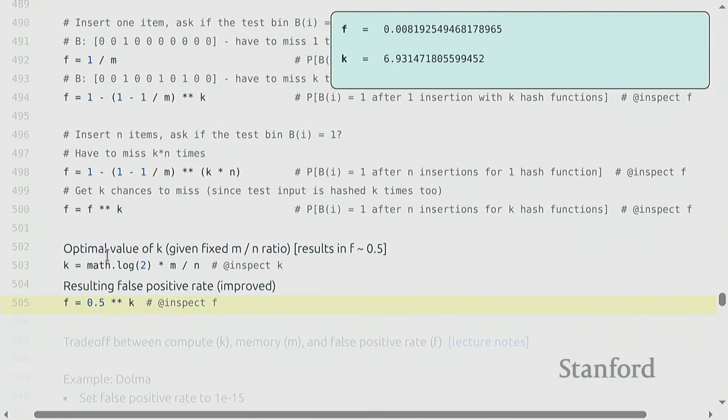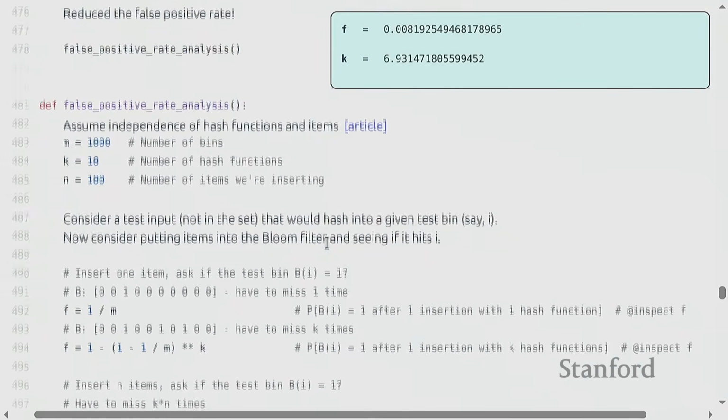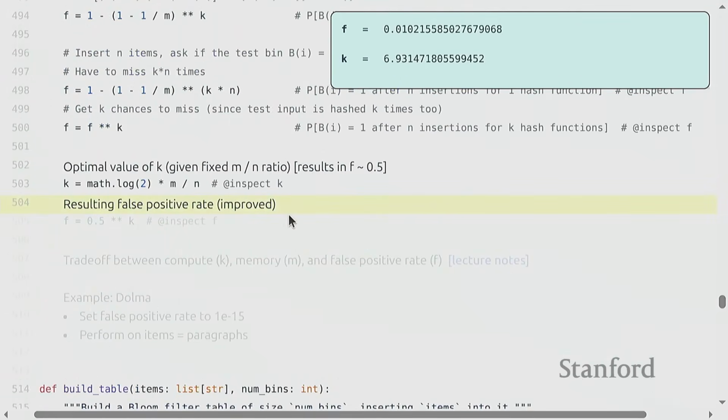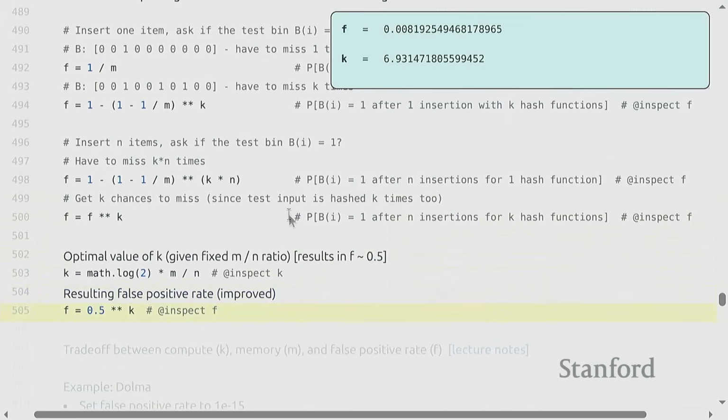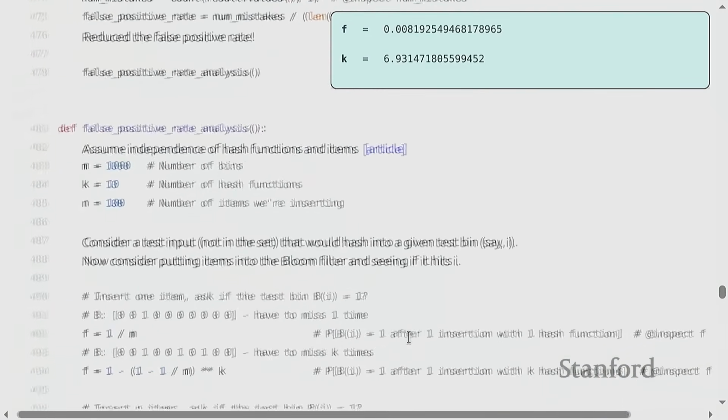So you see that in this particular case, I wasn't optimal because the optimal value is actually k equals 6, and the false positive rate is 0.008 rather than 0.01. Okay, so you can read more about this. There are some lecture notes that allow you to trade off the compute, the memory, and the false positive rate. So the Bloom filter has some hyperparameters that allow you to control